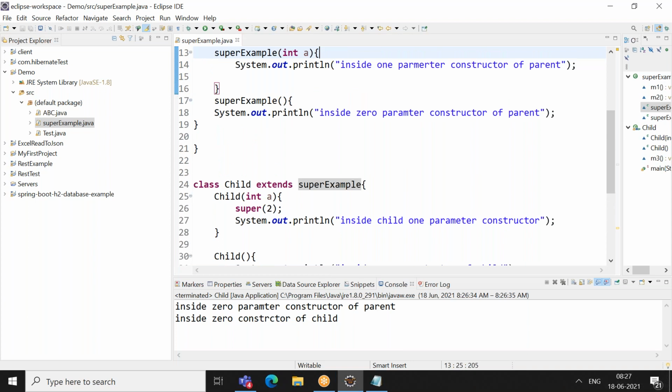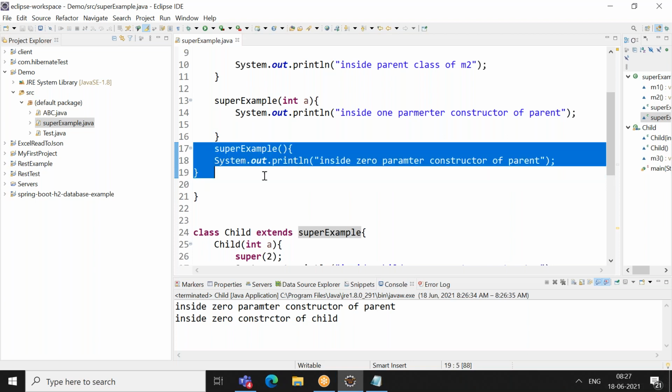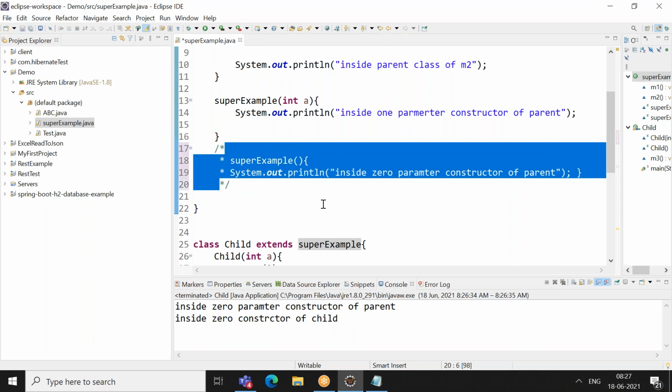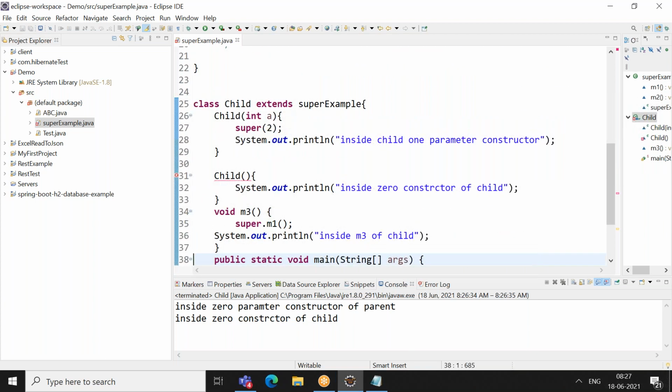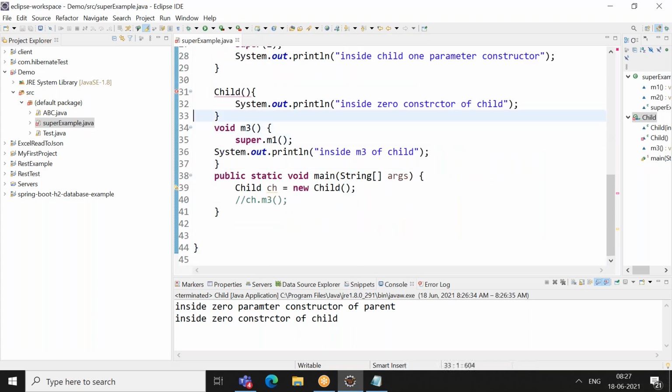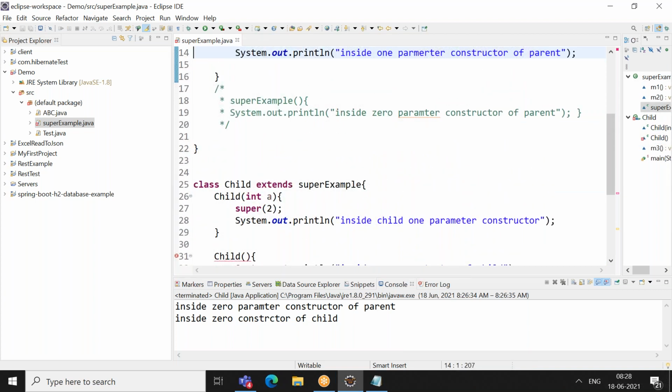So in the beginning, it has shown a couple of errors, right? The reason for that is, as I told, whenever you are writing a parameterized constructor, your compiler will not write any constructors for you, right? So assume that I'm removing this zero parameter. When you are removing the zero parameter, you see it from the parent, so you can see that.